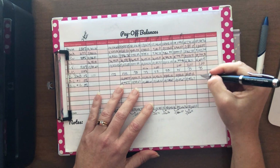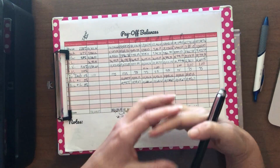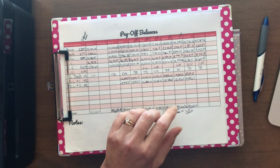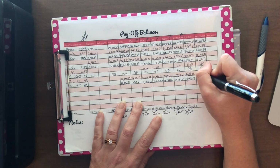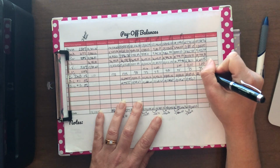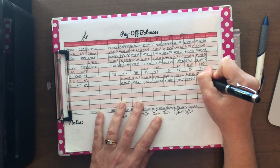And then I like to see where my 2 student loans are, because I have essentially 2 that are housed in with the same company. I like to track and see where I'm at with that. But these 2 values are part of this $35,000 up here. So one of them is at $22,431.12, and the other one is at